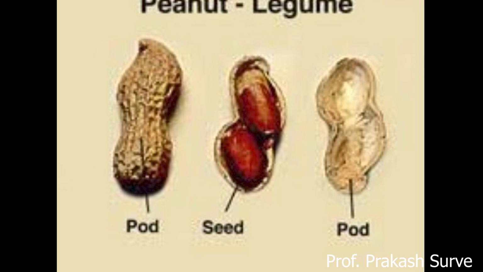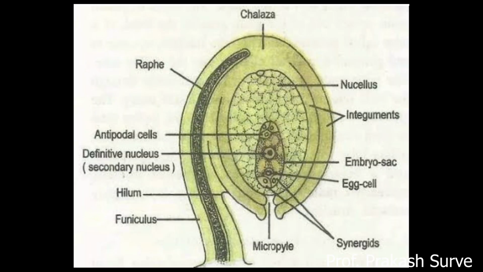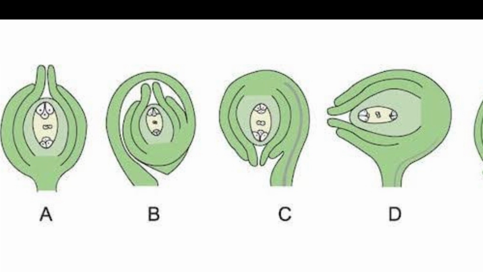Here seeds of the groundnut are there. Here also ovules develop. Here the ovule, which is of inverted type, is shown upside down. Here is the diagram you have in your textbook. With the help of that also we can learn. Here you can watch the 4 types of ovules. First one is the orthotropous ovule, which is a straight ovule. Second one is the circinotropous. Third one, C, is the anatropous ovule.